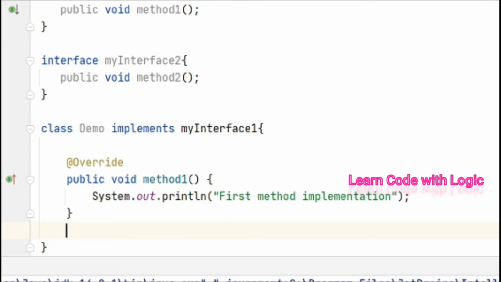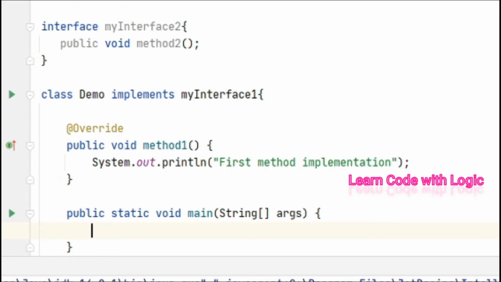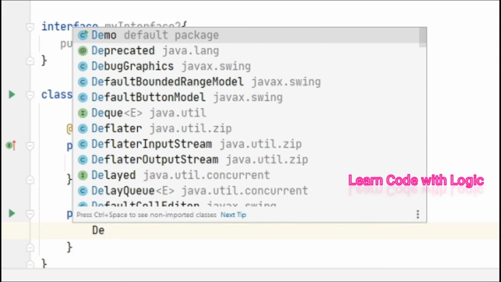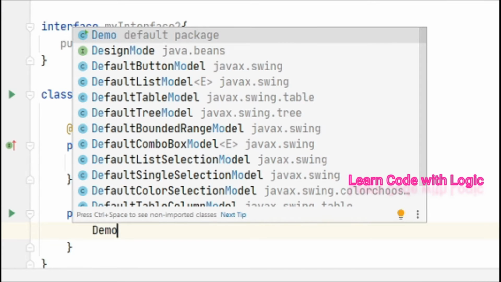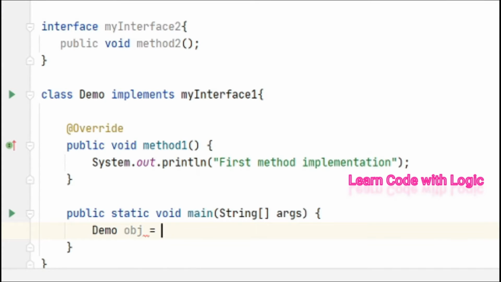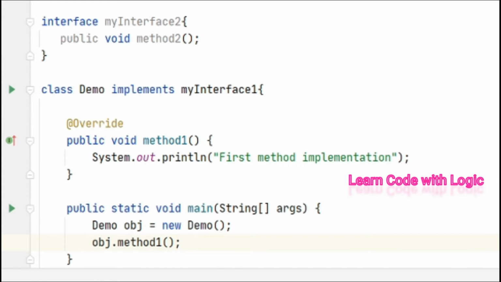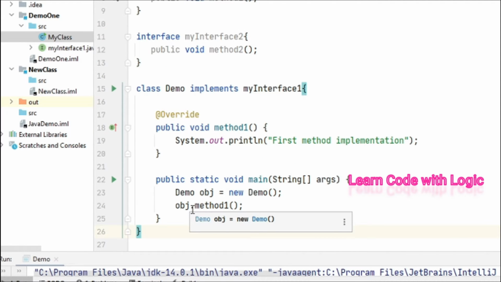Now we can create an object and call this method in public static void main. For that, let's create an object, Demo obj equals new Demo, and obj.method1. Let's save the code and run. So far it's easy and straightforward.